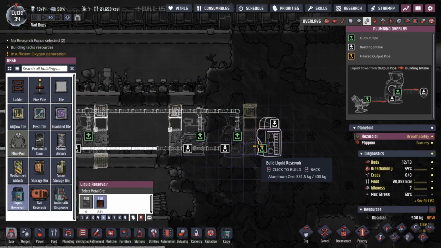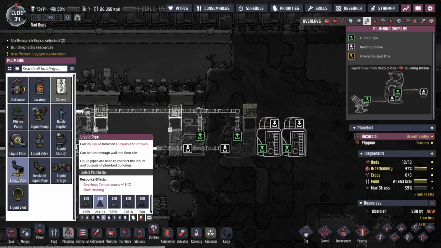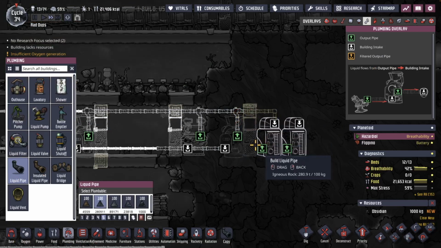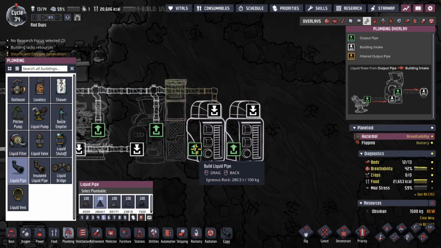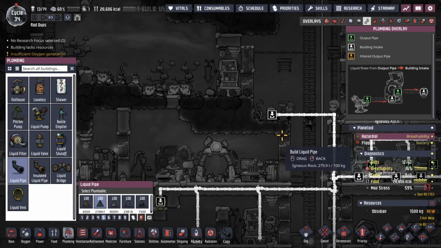And this is going to store the polluted water until we've got a more automated system to deal with it. But it's going to up the quality of life and reduce the amount of work because no one has to unplug outhouses after this is all created. Now this is going to add more